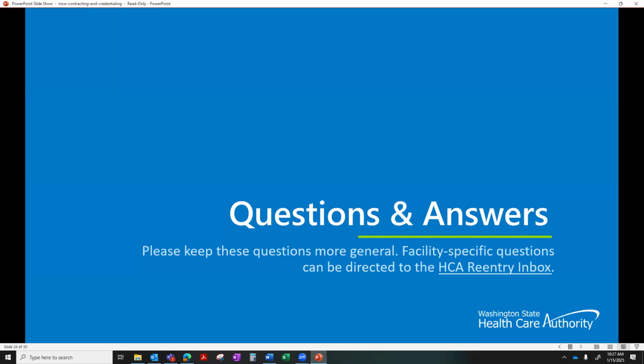It looks like this one may have been answered directly, but the first one is, are the MOUs intended to be non-binding? I typically try to avoid the use of MOUs in circumstances where the parties intend to be bound by the terms. I'll turn things over to an MCO presenter to answer that question, or we can also take questions back. Sure thing. I typed a response in there, but thanks.